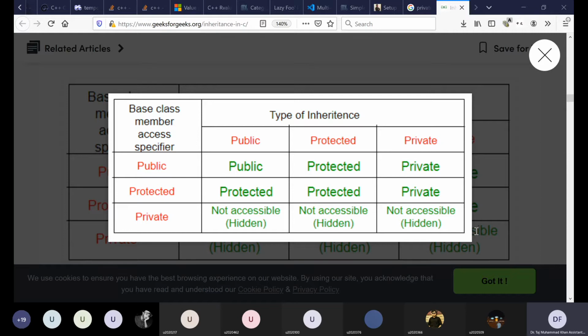Also, if the derived class inherits from a parent class and the parent class has a friend function, is the friend... No, I think friendship does not get inherited. It will remain the friend of the parent. The derived class will not inherit the friendships of the parent class.